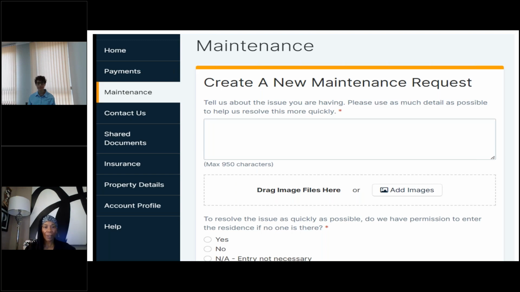As you can see, it says create a new maintenance request. Tell us about the issue you're having, and please use as much detail as possible to help us resolve it more quickly. The more detail you can give your landlord, the easier they can help resolve the problem. Because if they have to come in the unit and try to figure it out, again, that's wasted time. So if you're working with a newcomer, walk them through the process of giving as much information